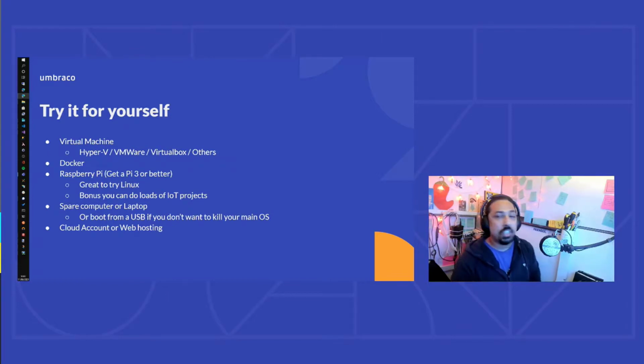I would definitely encourage you to try this for yourself. It's a lot of fun. I really enjoyed this. You don't need a lot. You could try it on a virtual machine on hardware that you have on your desktop. Docker, again, fantastic. And there's a really big conversation around Docker, because I've used Docker in this instance for the database, but you could very easily use Docker to host the website as well. In a production environment,